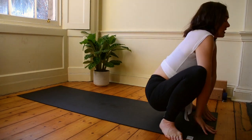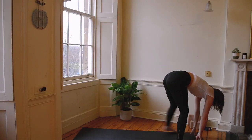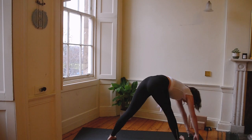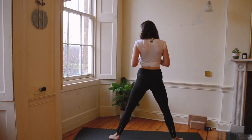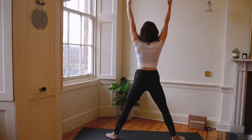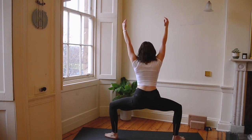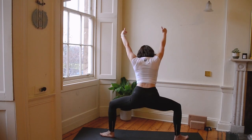Let's plant the hands, tailbone high, come into forward fold. Step that left foot back, not too wide. We're coming into goddess squat. So we're pointing our toes out of the way. Arms come high, inhale, exhale, push those knees out, sink down, tuck the tailbone, knees underneath ankles, have a little